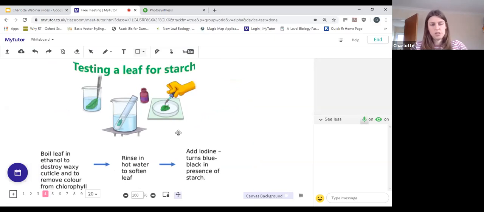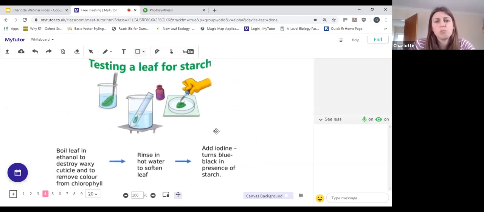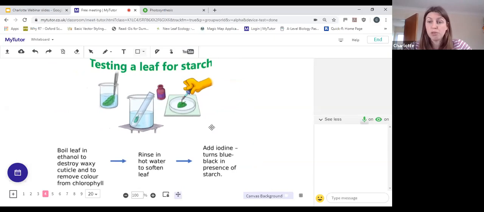Oh yes, you need to know how to test a leaf for starch. So this is quite a nice practical that you either will have done or are going to do. It's very simple. You might have done tests before for starch. You use iodine for starch. But when you look at plants, you do it specifically for a leaf to see whether it's storing any glucose